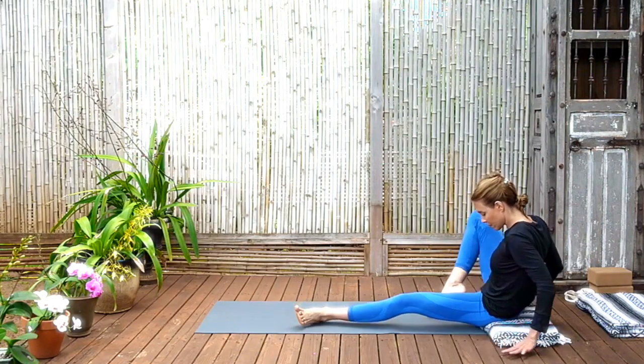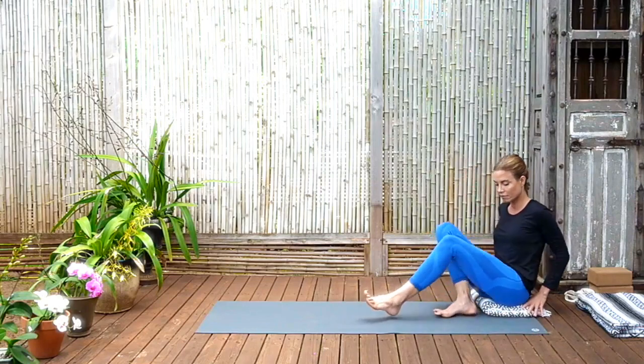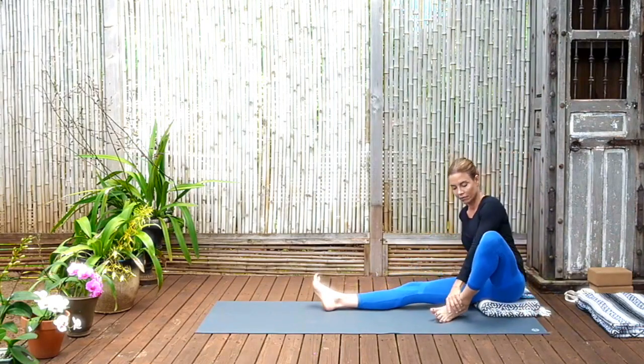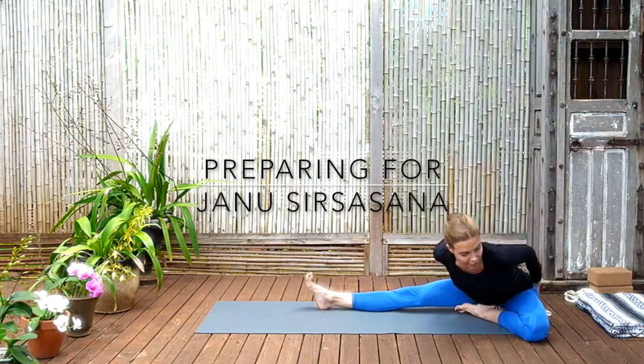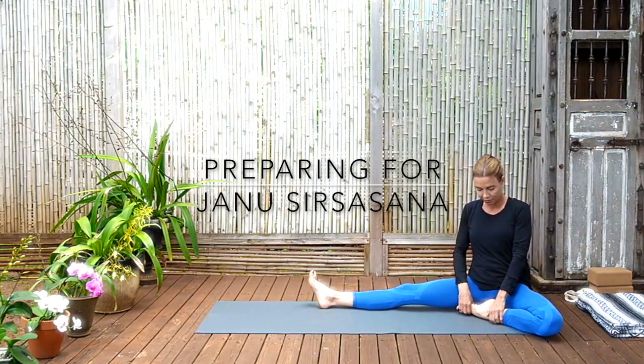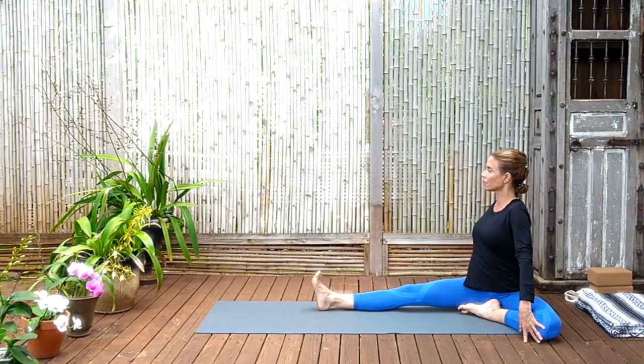So you move your blanket across now to the right side of the mat. Your right leg is extended and your left knee is bent, and you're sitting on the corner of the blanket, and then you pull the buttock bones back and out to the sides. So the blanket kind of wedges between the buttock bones. Fingertips onto the floor behind, roll the shoulders back, chest open, turn to the right, and then exhale, coming forward,